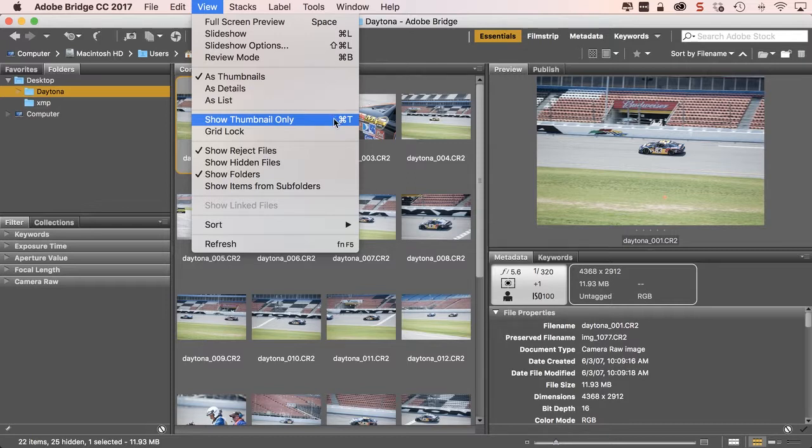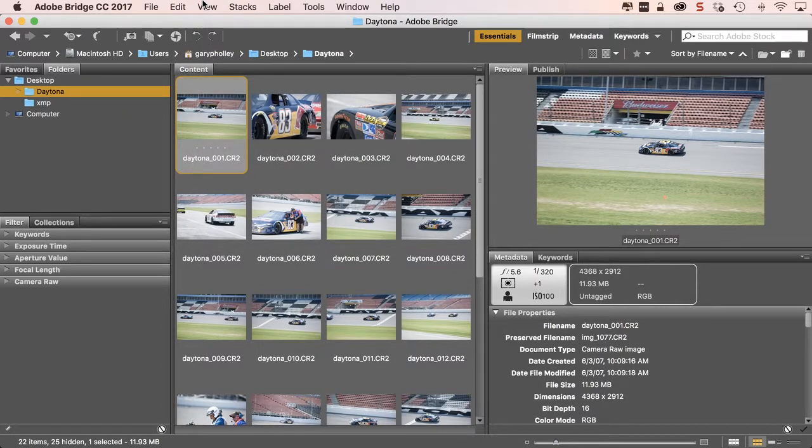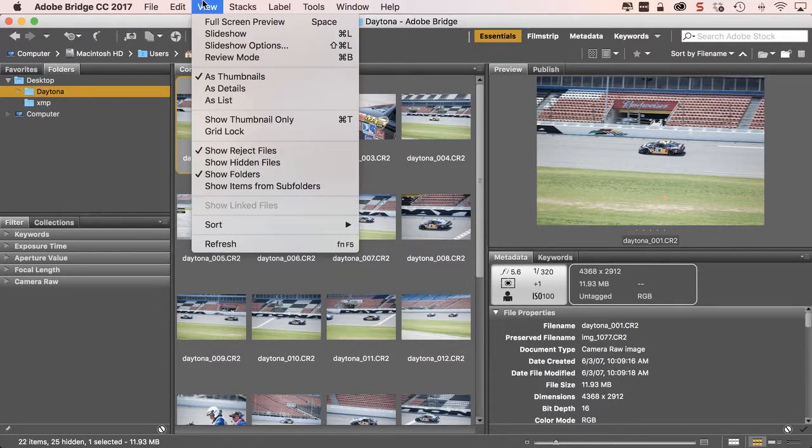So it's always handy, as you go along, to learn these shortcuts because it gets you into something faster. If I wasn't in the view mode, I knew I needed to review, and I hit Command B on the keyboard, quickly I can jump in there. So under View, Review Mode,